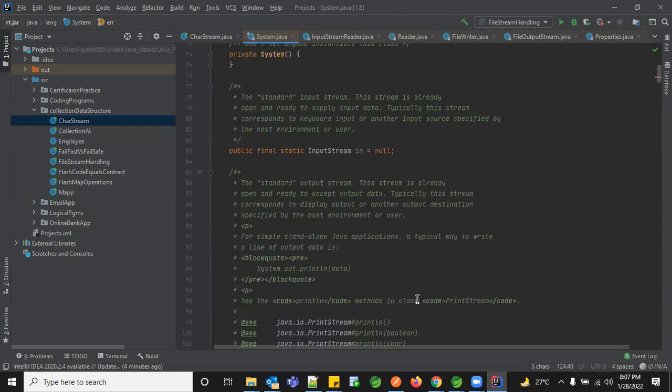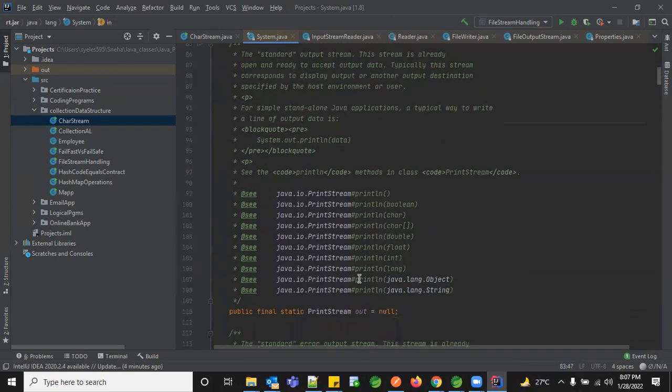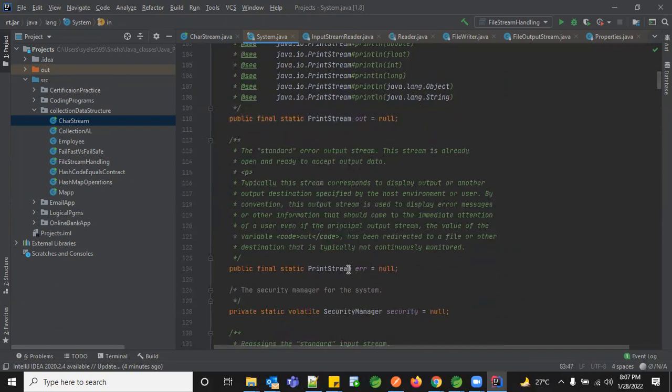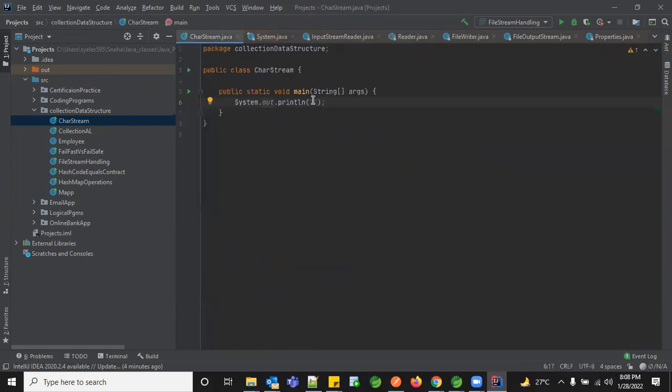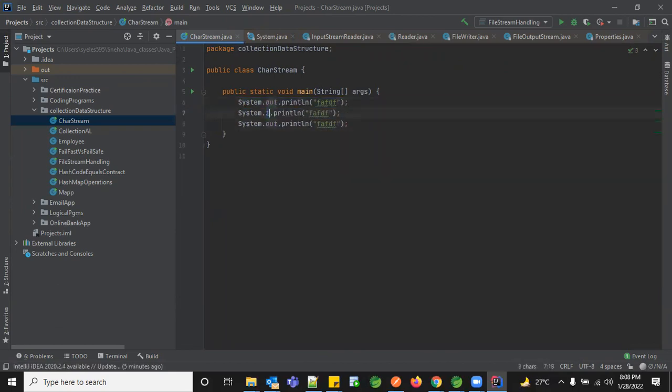And there is one more thing called in, which is an input stream. The input stream is the abstract class you have noticed. The same thing: out would fall into the output data, and the error related things will again come into the PrintStream classes. So if you want to print anything related to your context in your programming, whether it's an error message, an input message or an output message, we print it in the relevant object types.